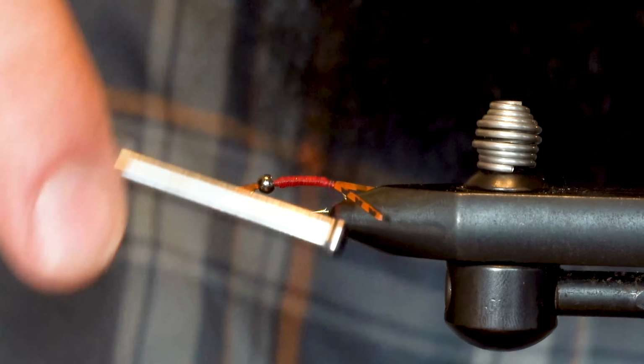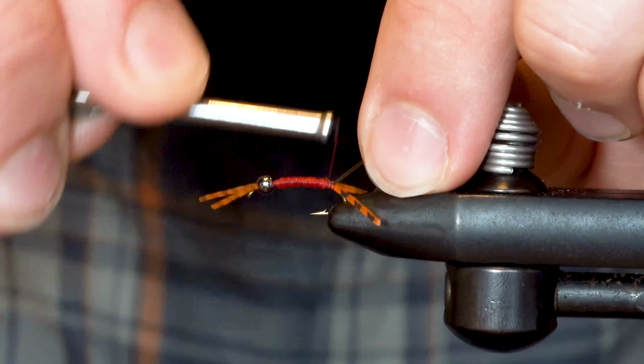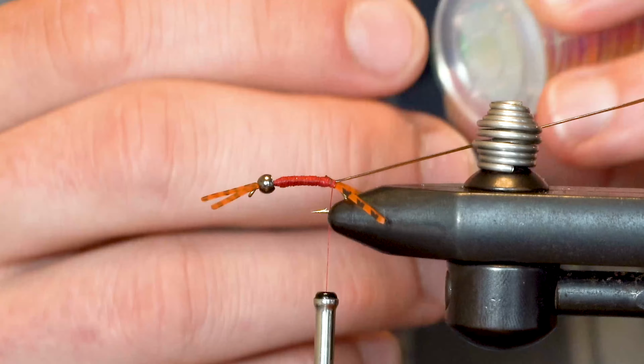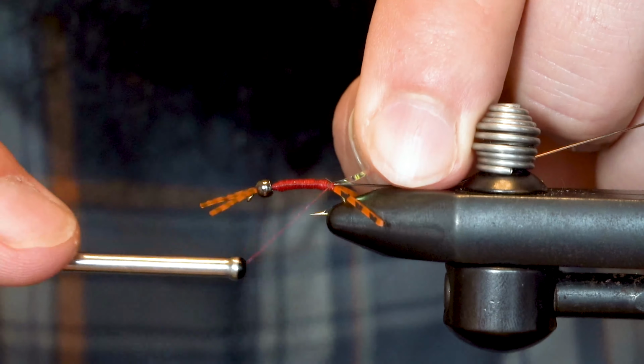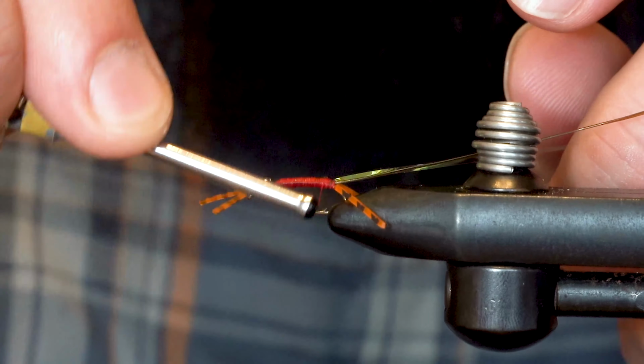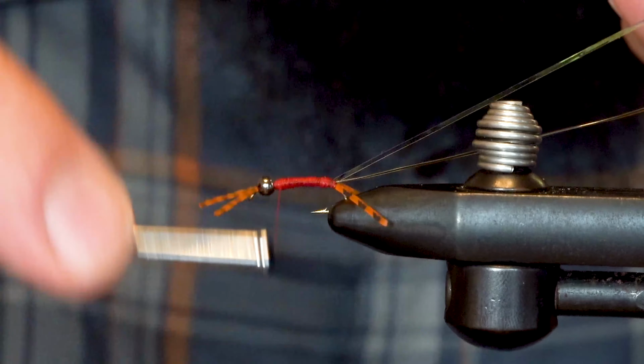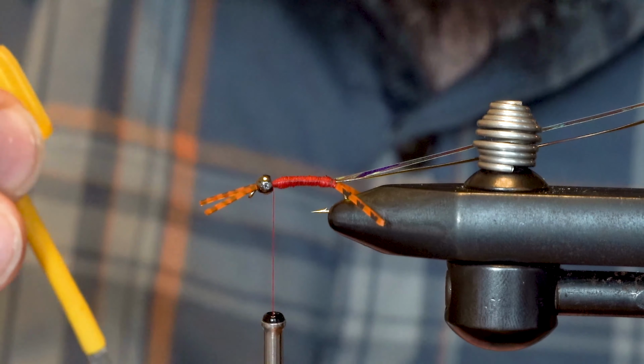The body of this fly is going to be very similar to that caddis we tied 2 weeks ago, where it's going to be made up of 2 parts. First, we're going to tie in a vinyl rib, and then we're going to tie in some Mylar Tinsel. The Mylar Tinsel will be wrapped up the body to begin, and then the D-rib will be brought back over